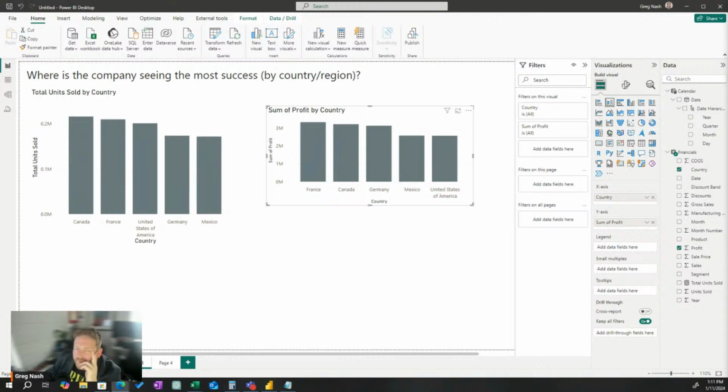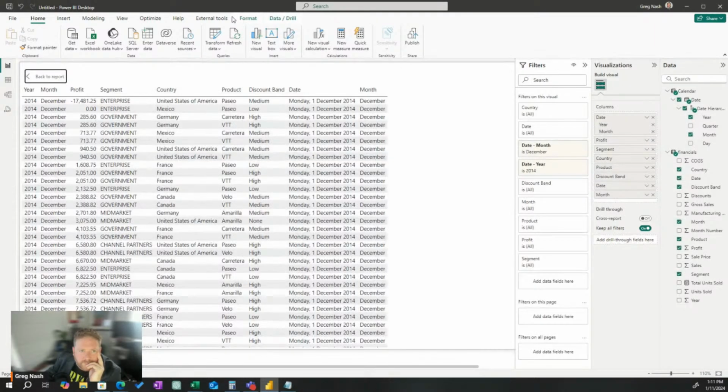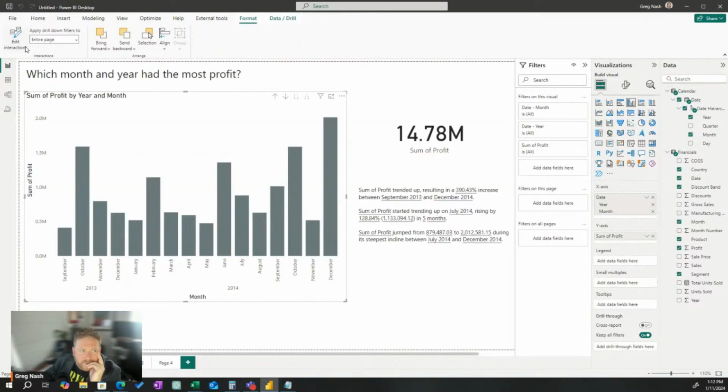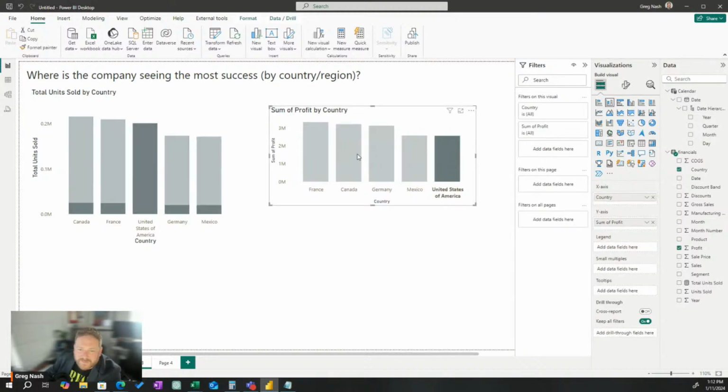Check interactions. Yeah, so someone was saying that maybe my interactions weren't working, but edit interactions wouldn't be affected by that. It's like I've got cross filtering. It's weirding me out. That's what's supposed to happen. When you click on it, it's supposed to just highlight the bar like that. Look at it.